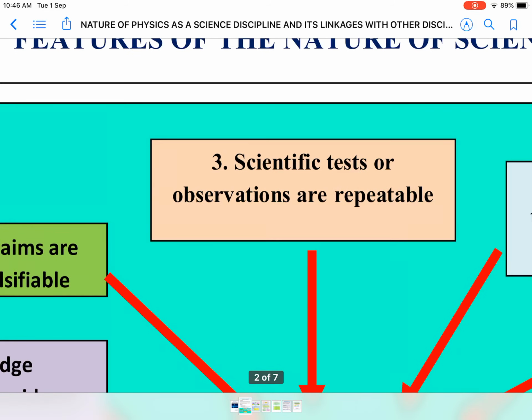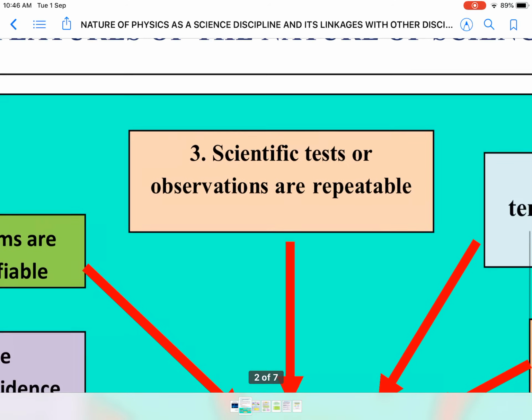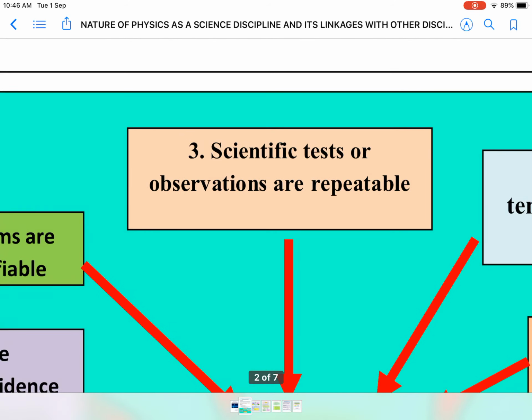And this third feature, a distinguishing feature of the nature of science, is this one: scientific tests or observations are repeatable. And this is not a new point for you all, because a long time back, experimentation was done by great scientists,